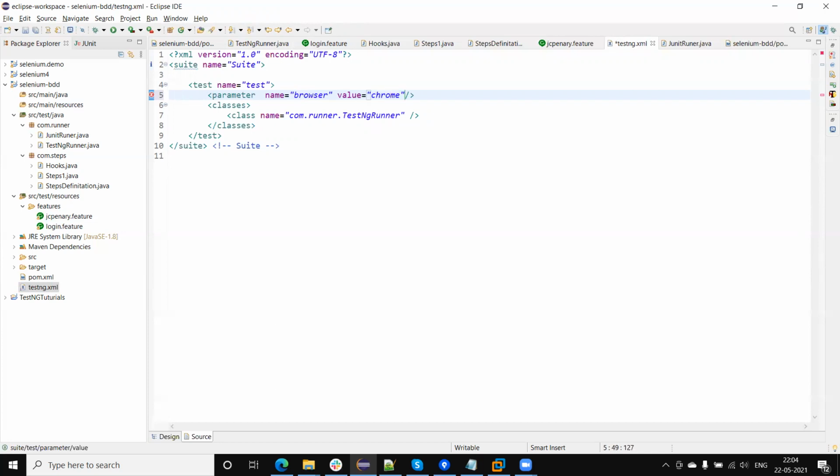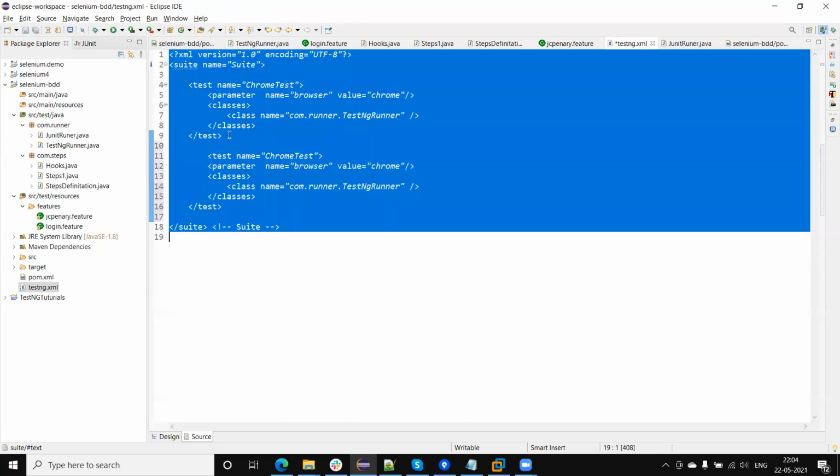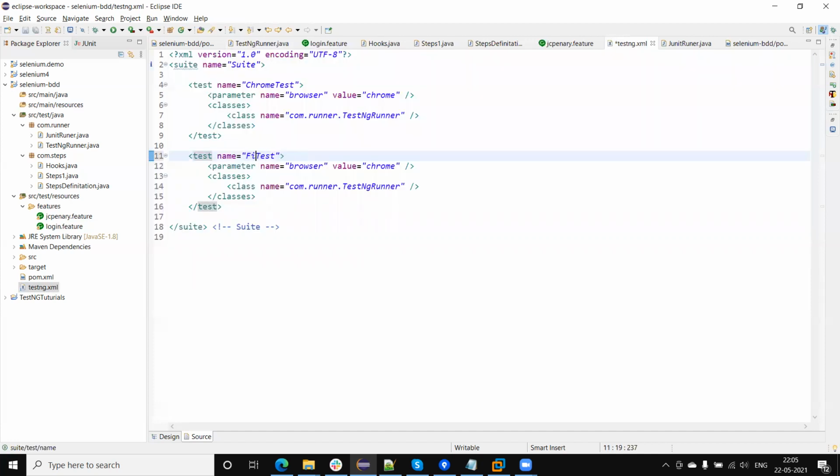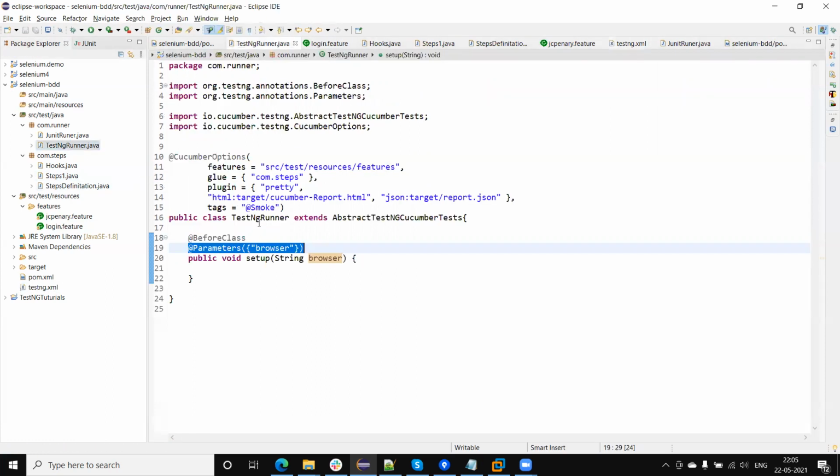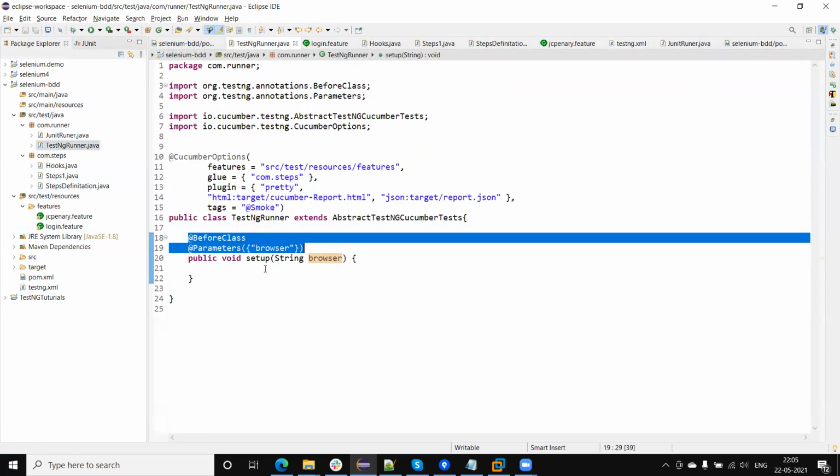And this I am going to call Chrome test. So one test I have defined for Chrome; similarly, the other test I will define for Firefox, and here we will mention Firefox as a parameter. So these Chrome and Firefox values will be received in this browser parameter.